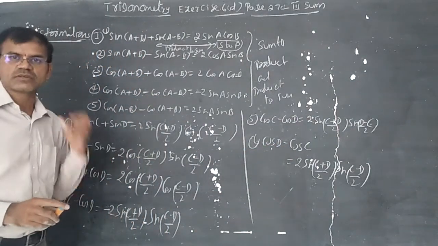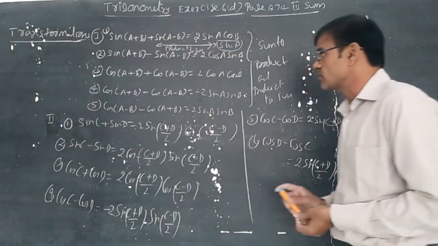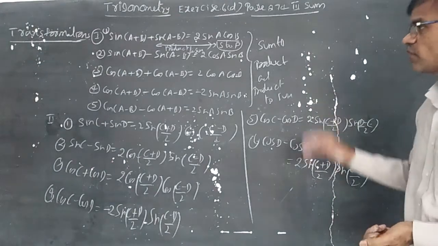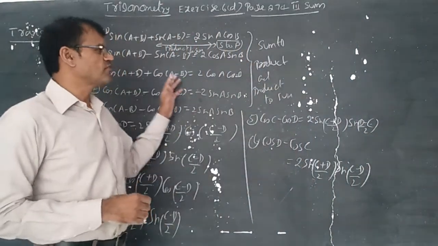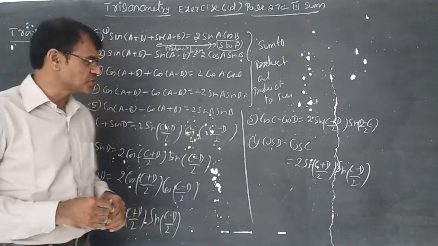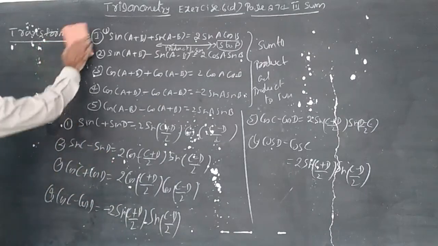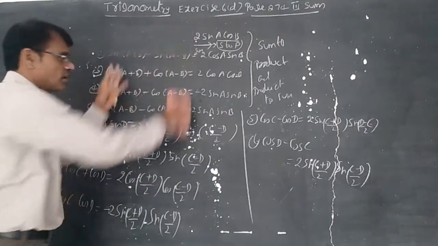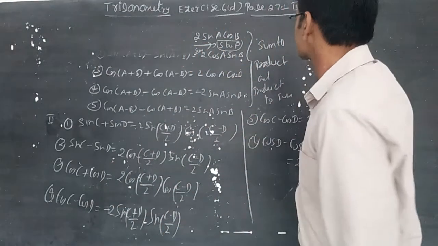Depends upon these transformations, two exercises are there: Exercise 6e and 6f. Every student has to know the formula. Until now, whatever formulas we have discussed, each and every formula is useful in physics and chemistry also. So this is the trigonometry formula. These are the formulas every student has to remember, not only transformations, but whatever formulas you have learned until today.